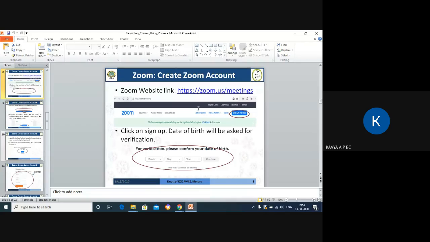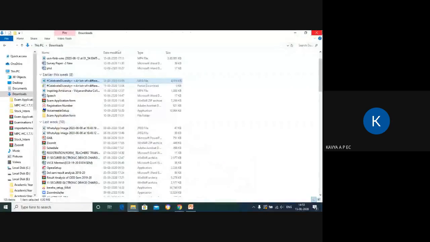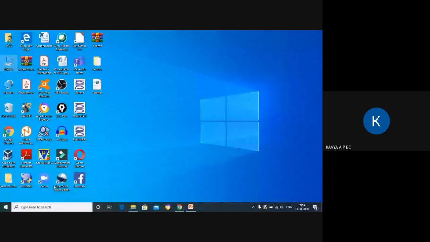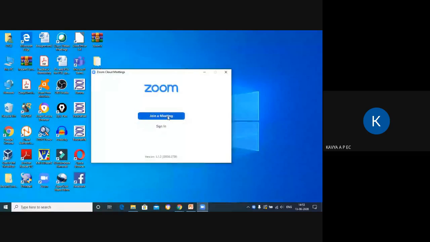So next thing is you have to create a Zoom account. If you just install Zoom, you can only join the meeting of others. So once you install Zoom, you'll have Zoom installed in your system, and if you just click on this, you'll just be able to join the meeting. But if you want to schedule your meeting, create your own, do recordings of your own, then you have to sign in and only then you can do it. If you have just installed, you can only join the meeting of others. But if you want to do your own meetings, you should first sign up.